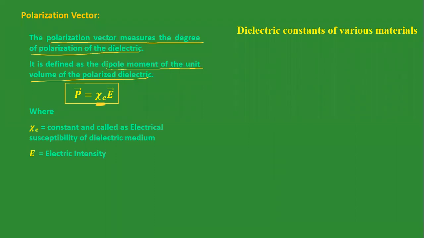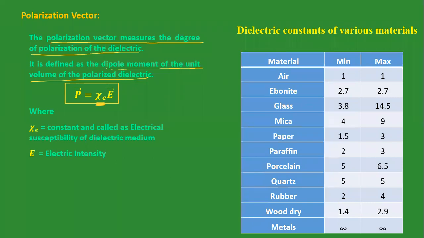Now, the dielectric constants of various materials we discuss; the values we consider here. You can see the dielectric constant for a certain material, when we are talking about air. For air, the dielectric constant is minimum. For air, the dielectric constant is 1. For other media, the dielectric constant has a different value, but these values are greater than 1. And for metal, you can see here, the dielectric constant is infinity.